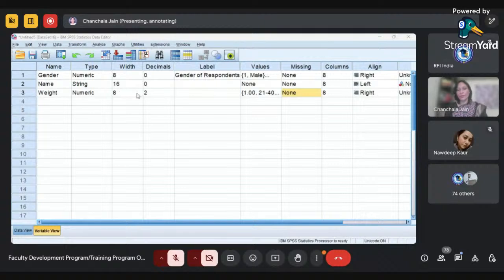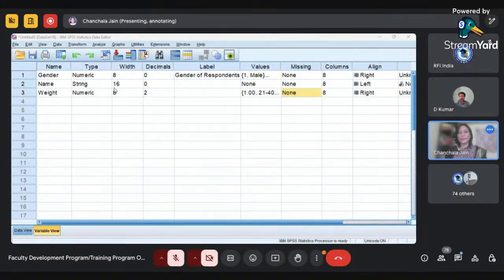Second is the discrete missing values. Suppose I select this radio button and write here 3, and press OK. The meaning is that 3 is above 60. So when I perform any analysis using the weight variable, only two categories will be considered, 20 to 40 and 41 to 60. The rest of the respondents' data will not be considered by SPSS, as I have defined that 3 should not be included in my analysis. Is it clear to everyone?